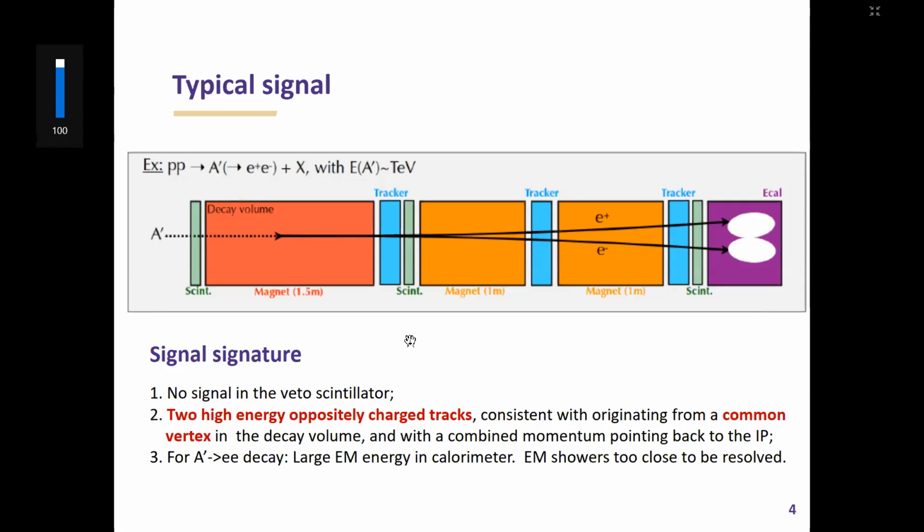My connection is not good. No, what I am saying is that as the two tracks look very parallel, maybe the cartoon is too simplistic, but they are very parallel. So there is no way you can find the vertex in the